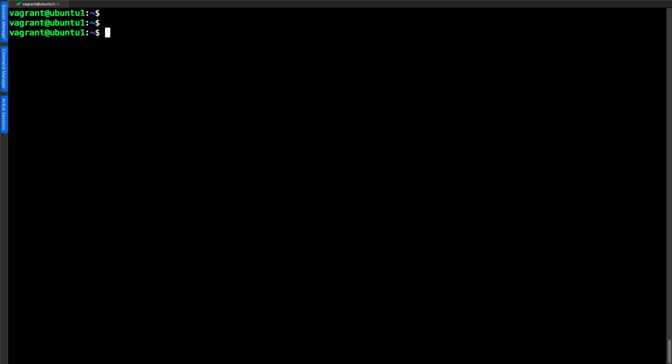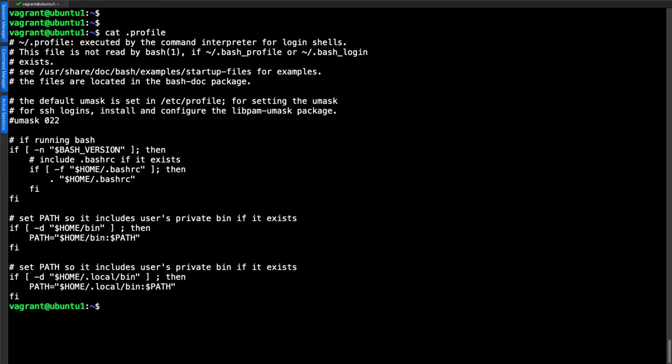When we run a login shell, so -bash, we execute the .profile login script from your home directory. So if I cat .profile, which is associated with login shells, one of the things we can see is that it does check if we have a .bashrc file, and the .profile will then read in the .bashrc file.